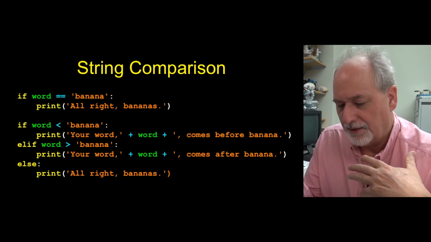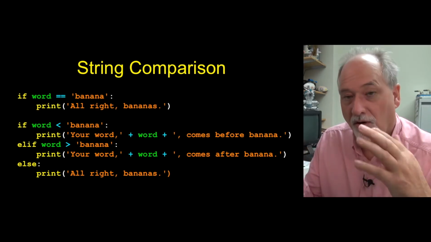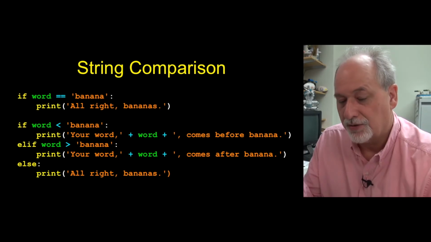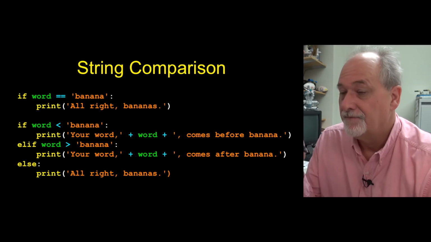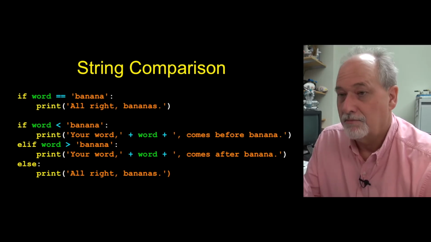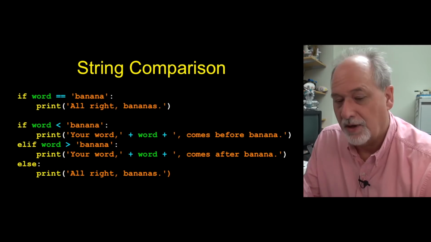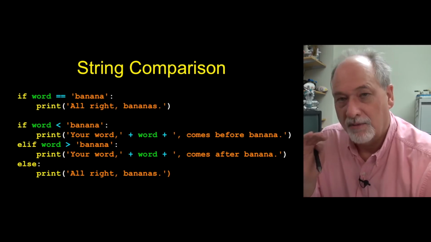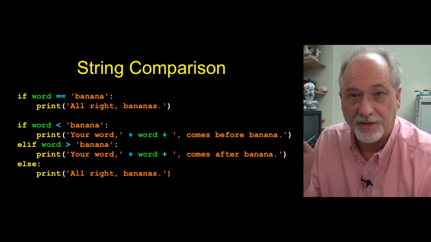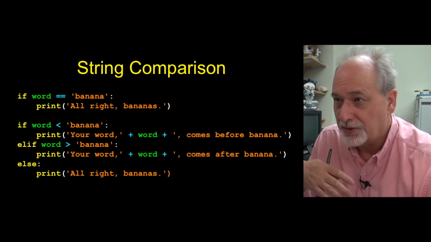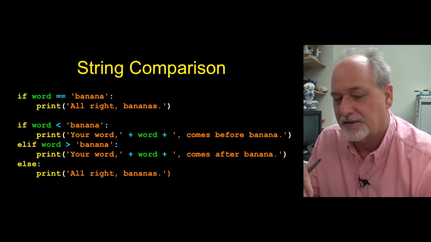You can have something equal to or less than or greater than, and all those operations work naturally. With less than and greater than, you have to be aware of uppercase, lowercase, and things like whether punctuation sorts less than or greater than letters. That's kind of unpredictable and depends on the character set of your computer, and something you just play with and figure out. If you're sorting by first name and last name, as long as the case is kind of the same,